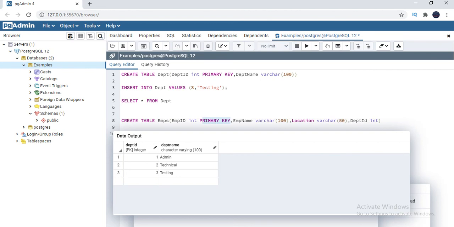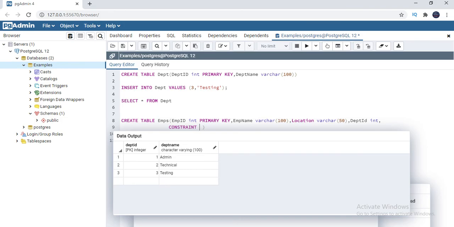Then how to link this EMPS table with the department table is, once you are done with create, at the end you just need to write the foreign key constraint syntax. First you need to say constraint and the name of the constraint. You need to name each and every constraint. If you see in the primary key constraint video, by default the system gives some names. Here also, I'm not giving any specific name, but internally the system creates a name for us. But in the foreign key case, you need to give a name.